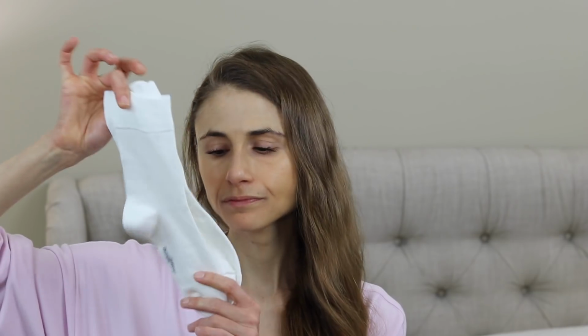But this brand Remedy Wear, their socks are really comfortable, these little trouser socks. I wear these during the day actually. They're just really comfortable, and they breathe really easily. They're moisture wicking, which is also important if you have really sweaty feet, not only for odor control,